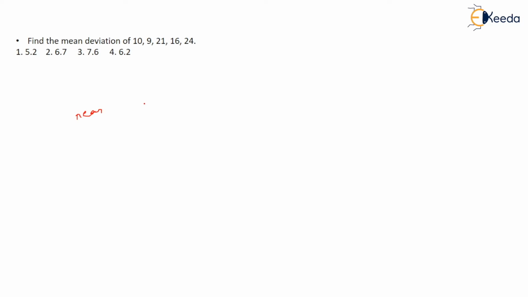If they ask us to find out mean, so what we do? Sum of all those upon number of observations, that is mean. If there is no fixed value, then the middle value we find, and we find the deviation from it, right? So here we have to find mean deviation, means how much it deviated from the mean value. So you can arrange it in this.